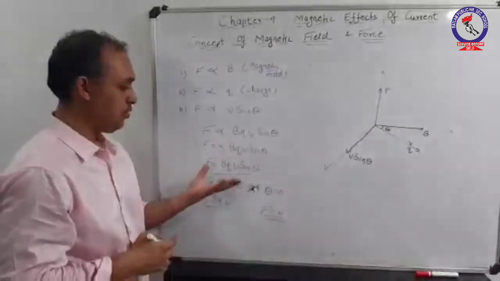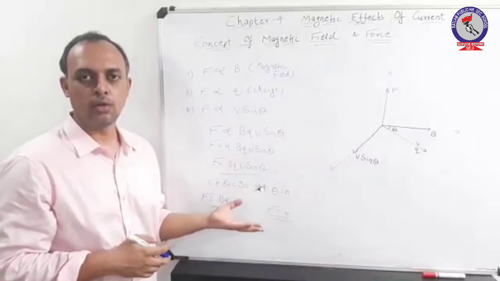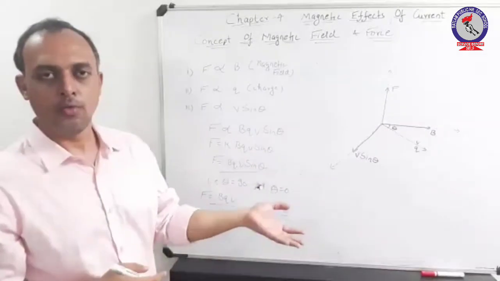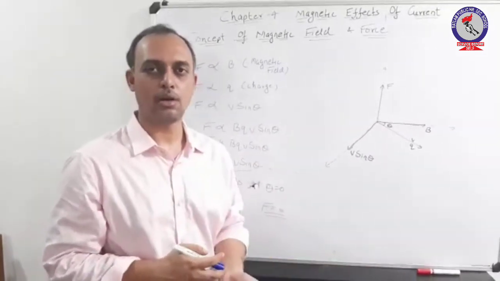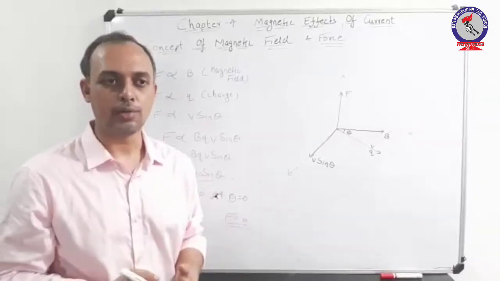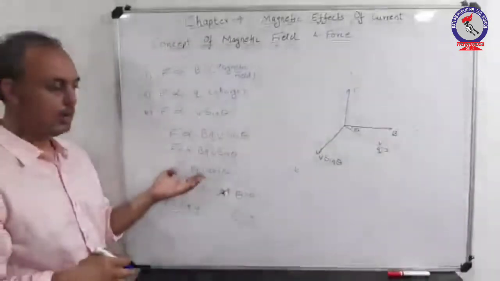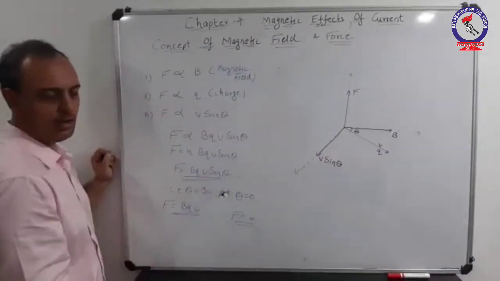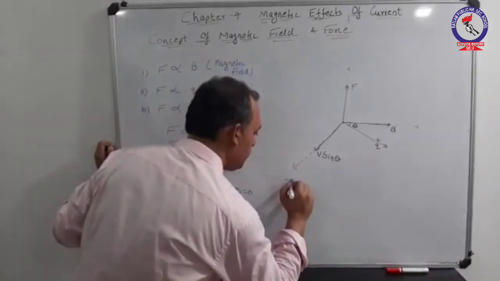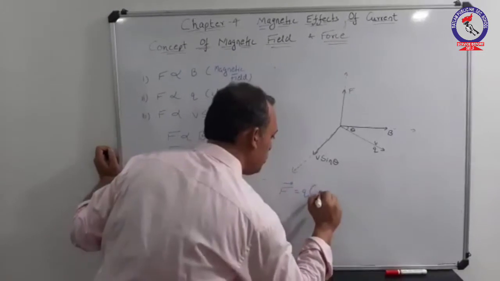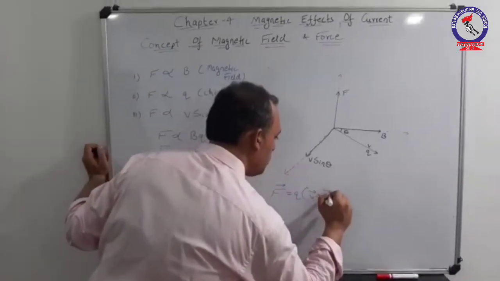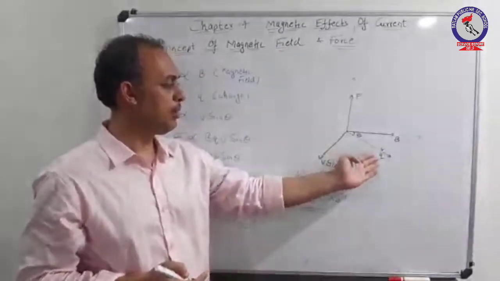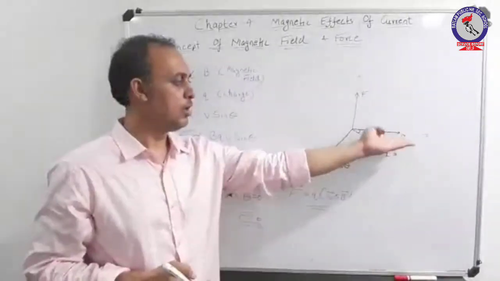Another concept which you should remember is that this is a force which is being experienced by a charged particle which is moving in a magnetic field, which is different from the force experienced by a charged particle when kept in an electric field, which is QE. You can also convert it into a vector form, as you can observe that the magnitude of force is BQv sin theta. In vector form, we can write F as Q v cross B, as the angle made by the charge is with the direction of velocity and the applied magnetic field.